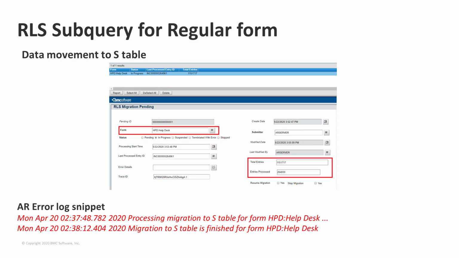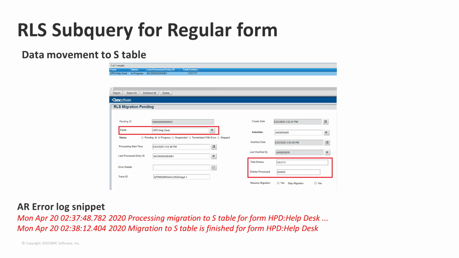Once you enable S table option on a regular form, the S table gets created for that form in the database. Also, a background job is triggered on the admin server, which takes care of populating the S table based on the table for dynamic access field data. This job's progress can be monitored using a form, RLS Migration Pending. As you can see on the screen, this form shows the number of records processed so far out of the total